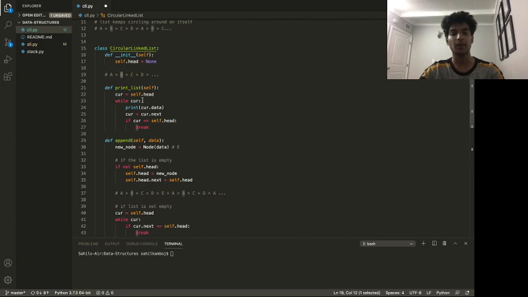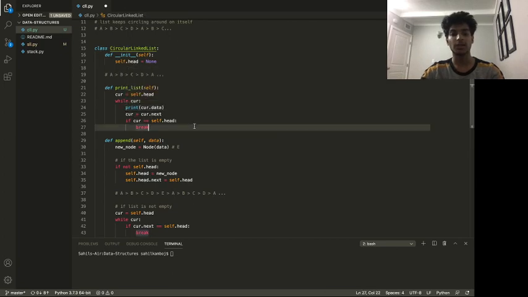There is. Prints the cur.data, then loops over to the next node, and it keeps doing it until we get to the last node. There's a current node. It's going to print out the data. It's going to move over to the next node, which in this case would be the A. And then once we get to the next node, since D.next would be equal to the self.head, it's going to be checking if that cur is equal to the self.head. Since it is, we're just going to break the loop,